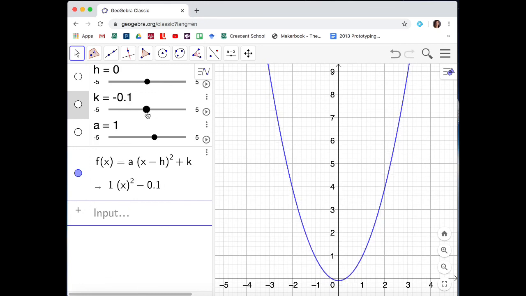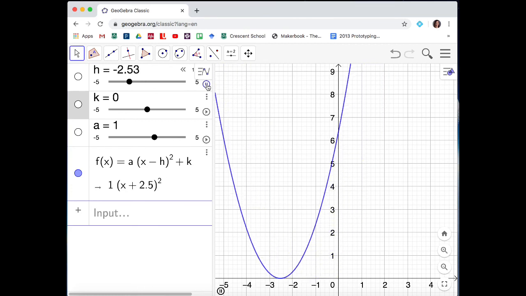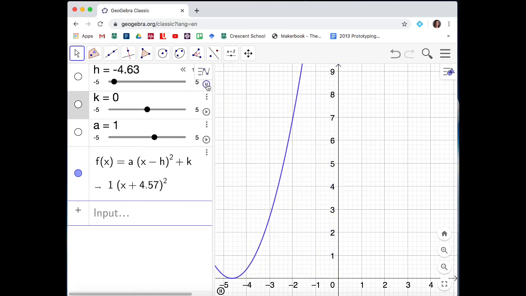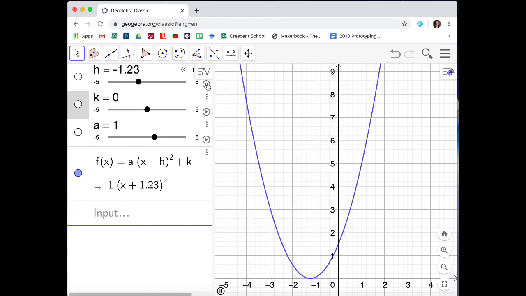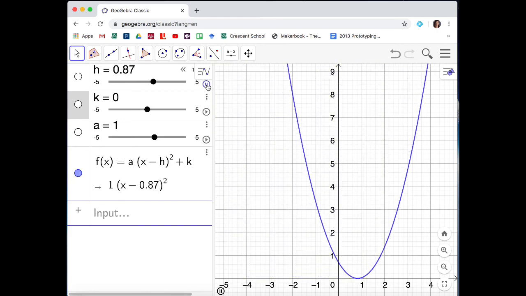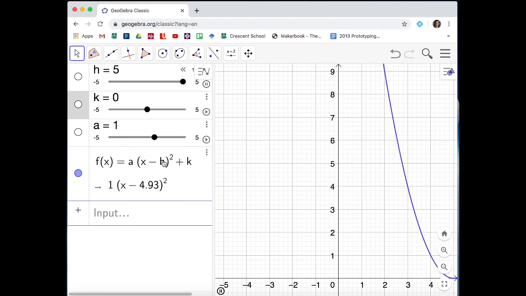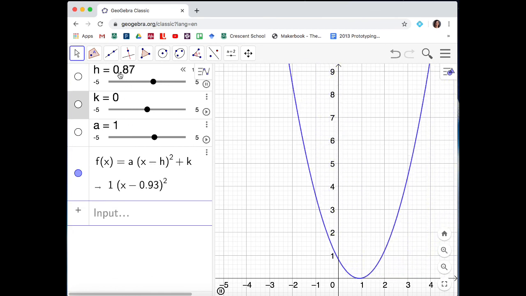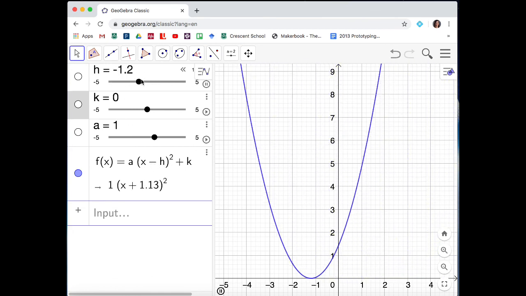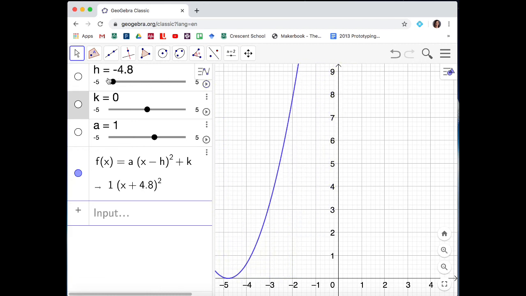Okay, because the next thing I want to show you is what H does, and as you can imagine, H does the same thing. Okay, it just moves left and right. And I just want to point out something you really, really need to be aware of because it causes a lot of confusion, and that is this negative sign. Okay, so what we'll notice is when H is positive in terms of its value,